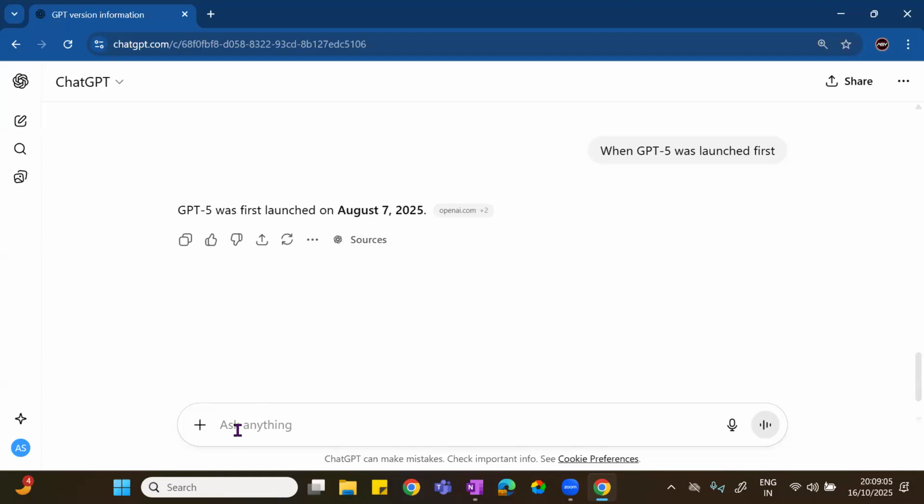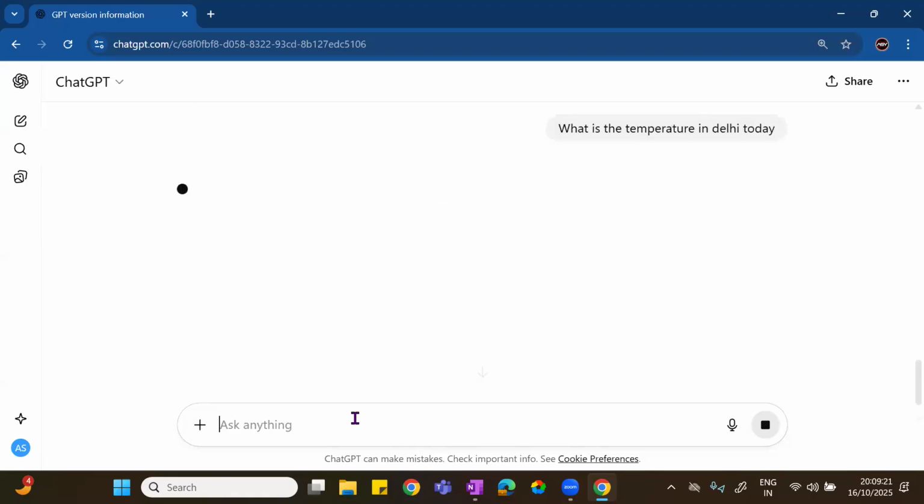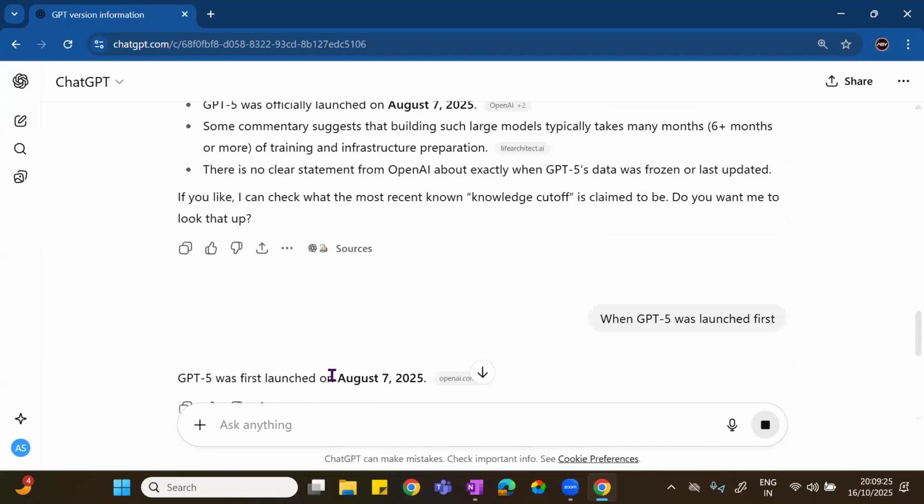Now I'm asking a simple question: what is the temperature in Delhi today? Today, I'm talking about 16th October. As per this, it should not have this information because it was last launched on August 7th.